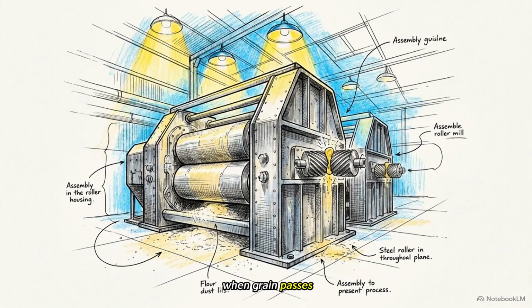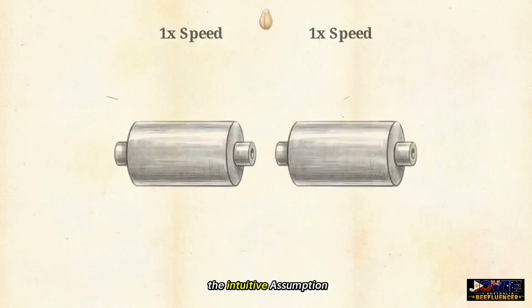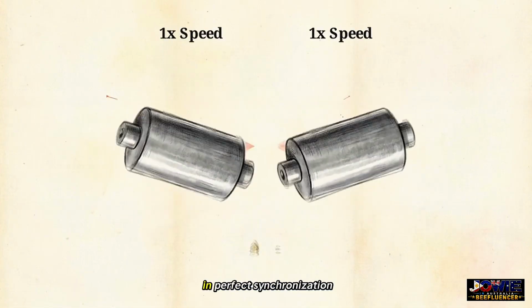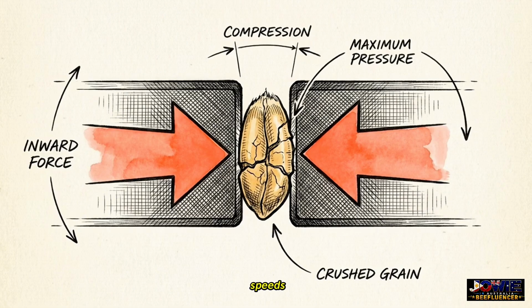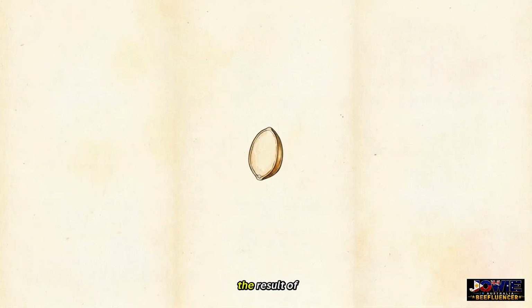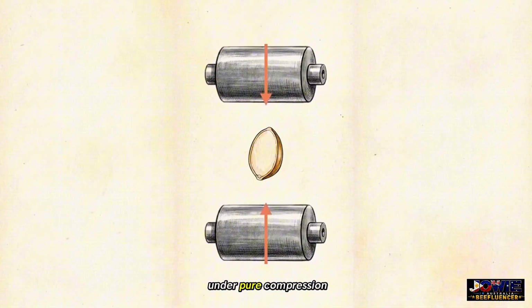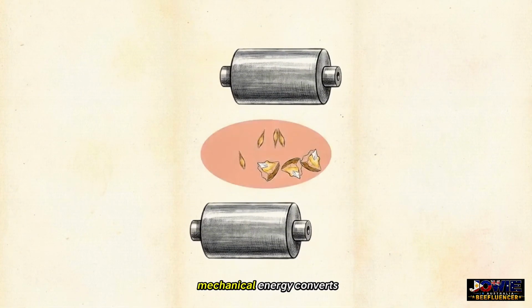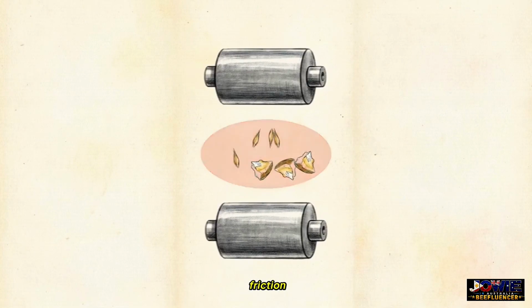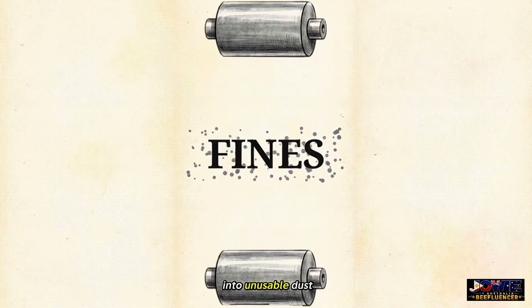When grain passes between two heavy steel rollers in an industrial mill, the intuitive assumption is that they should spin in perfect synchronization to crush the kernel. At identical speeds, these rollers apply a single physical force, pure inward compression. This diagram shows the result of equal pressure. Under pure compression, the kernel shatters into jagged fragments. As these rub together under the rolls, mechanical energy converts into heat and friction, grinding the grain into unusable dust